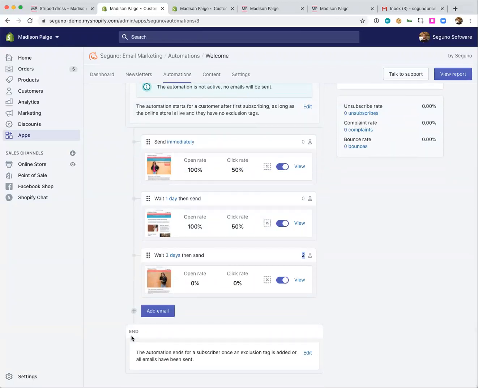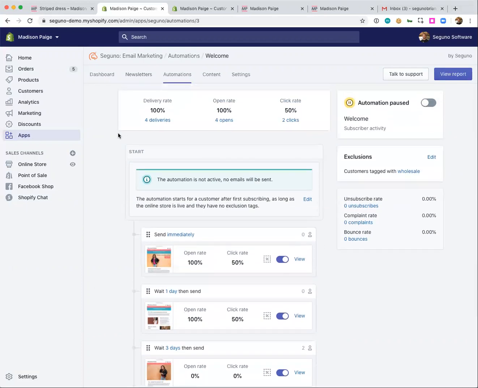Down at the bottom, we have the end card. So how are they actually going to fall off of the automation? This one ends when the exclusion tag is applied, like I mentioned with my wholesale, or if they have been sent all emails. In some automations, you may also want to end the automation as soon as they make a purchase. So for instance, if the intention of my welcome series is not just to welcome them to the brand, but I'm going to offer them a discount code a little bit further down the series,